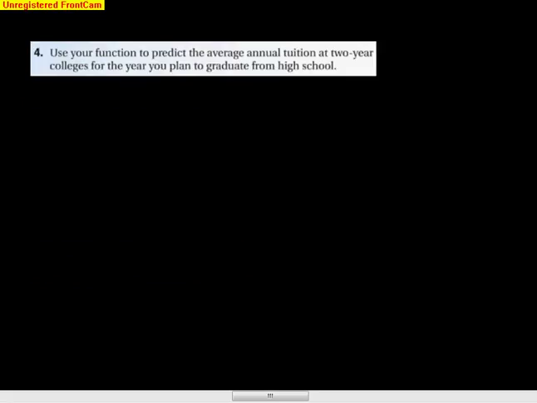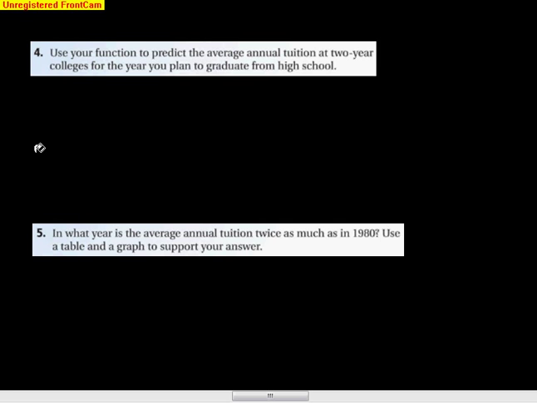Okay, so now we're going to use our function to predict the average annual tuition at a two-year college for the year you plan to graduate. Well, this is another t value, right? When do you plan on graduating? This is kind of nice because it's important to you. So a lot of you guys are starting high school now in 2015. So the end of this year will be 2016. End of your sophomore year is 2017, 2018. It seems like the year will be 2019